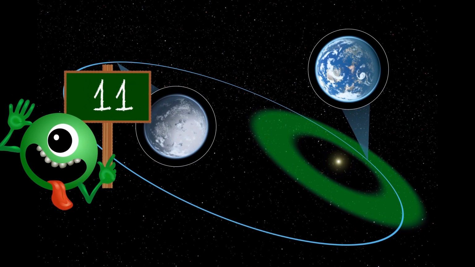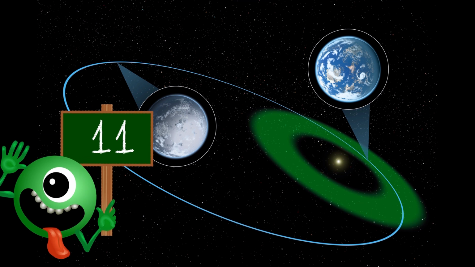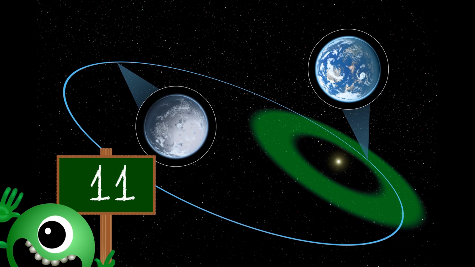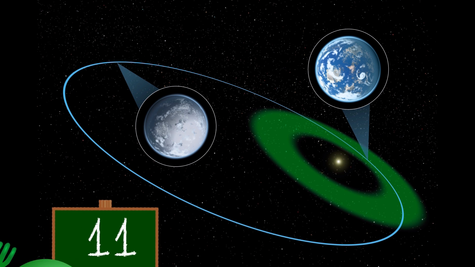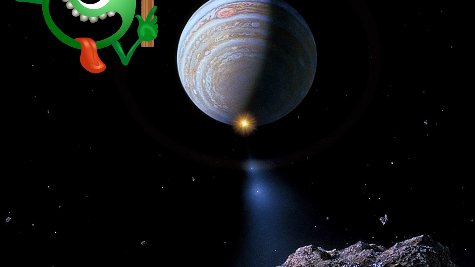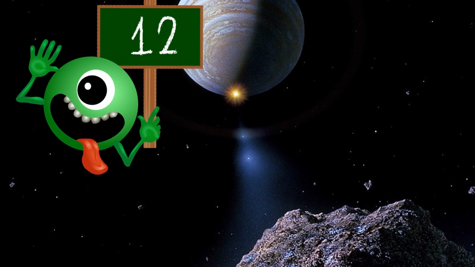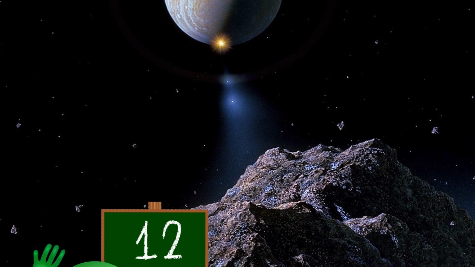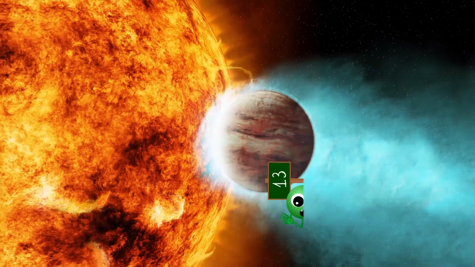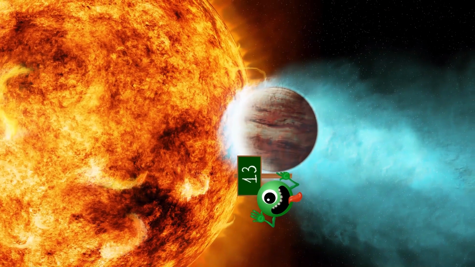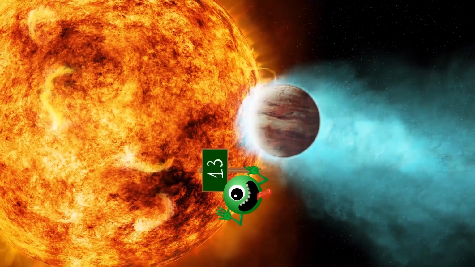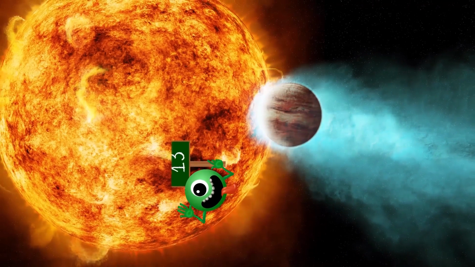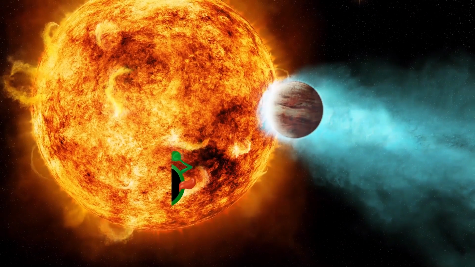11. Eccentric orbits. Planets orbit in ellipses, not circles. If you're too elliptical, you freeze at the aphelion and burn at the perihelion. 12. Vacuum cleaner Jupiter. Solar systems have a lot of debris. Getting hit by it can sterilize a planet. Big gas giants out beyond your planet can minimize this by sucking them up. 13. No hot Jupiters. If you've got a big planet close to the Sun, it can seriously screw with the orbits of other planets nearby in the habitable zone. We've found tons of these so far, so they are not rare.